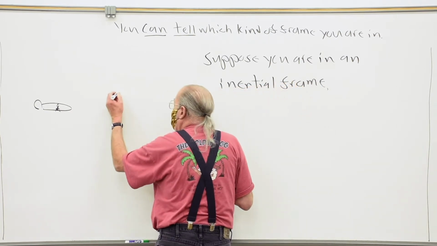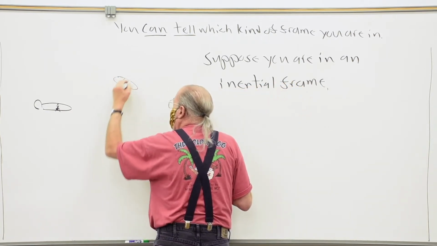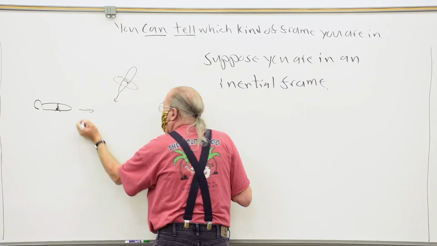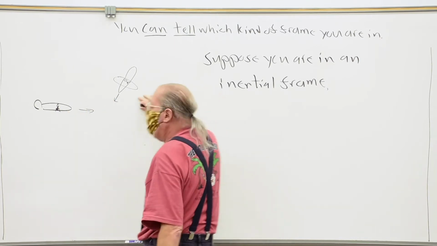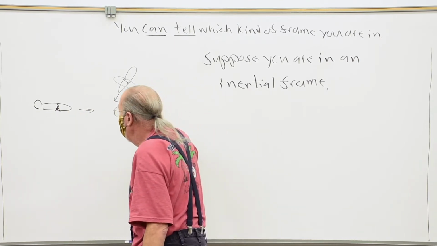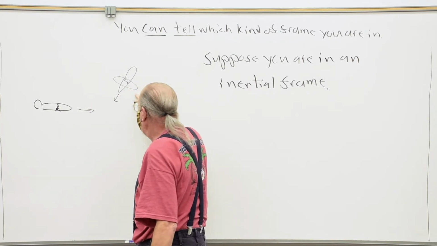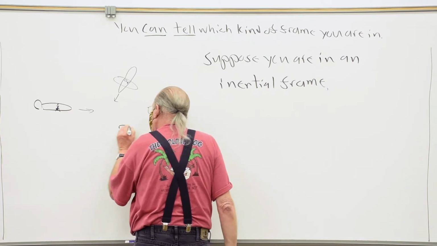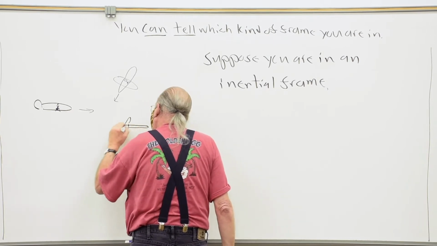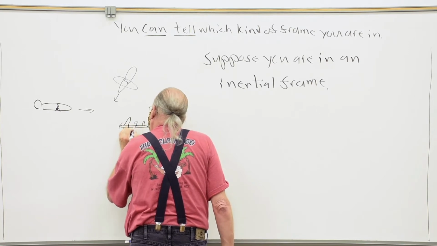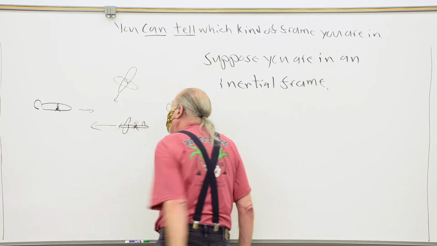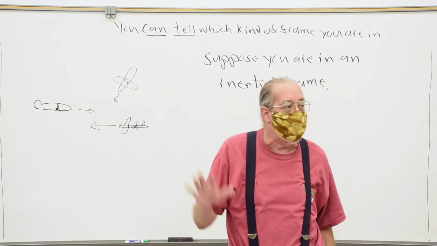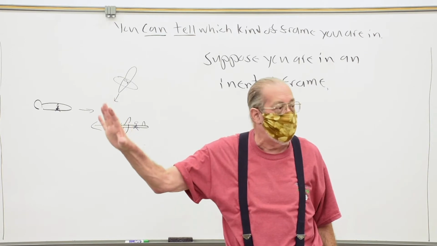So there's another spaceship here, different spaceship. Somebody's on this spaceship. This person looks out and sees that spaceship moving. This guy looks out and sees that spaceship moving. And suppose there's someone else on some other kind of spaceship. And they're moving. But none of them has their engines turned on. None of them is in a gravitational field. Everybody is out in free space.